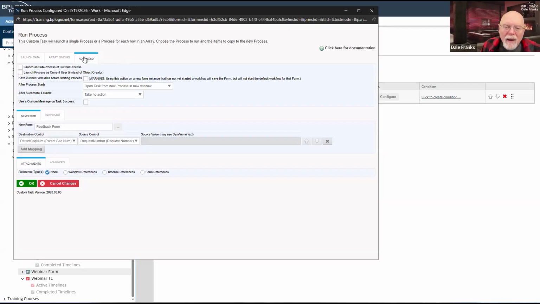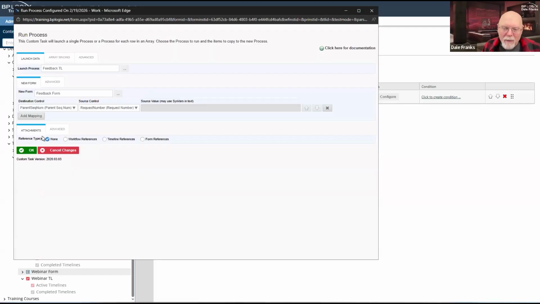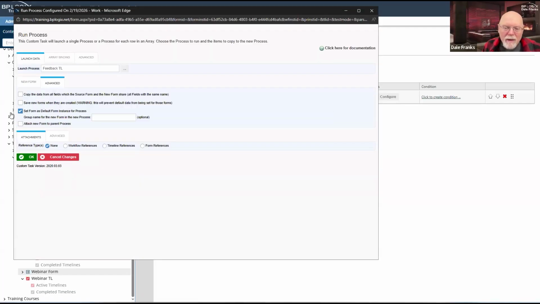So advanced, process is current, process starts. I don't want to do that. I'm trying to see where I'm missing. So it could be there. Again, I'm going to try to brute force this. So I'm going to turn that off.